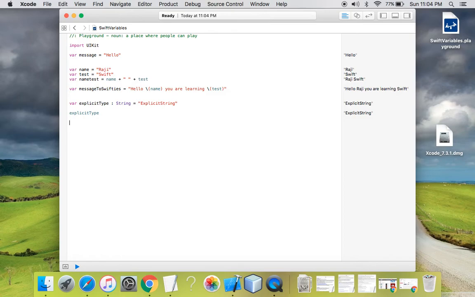The normal dynamic variables in Swift are created with the var keyword. Constant variables in Swift are created using the let statement. Let denotes that the variable that is going to be declared is a constant and its values cannot be modified. So we are creating a constant variable.